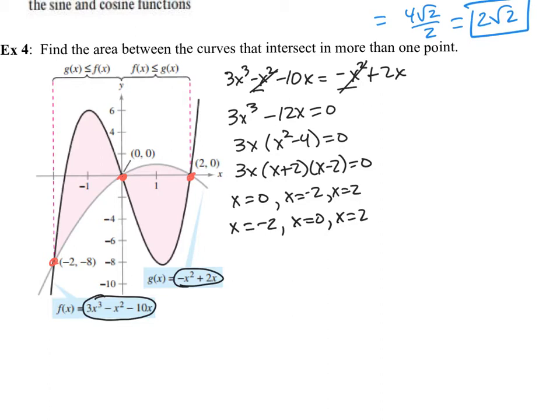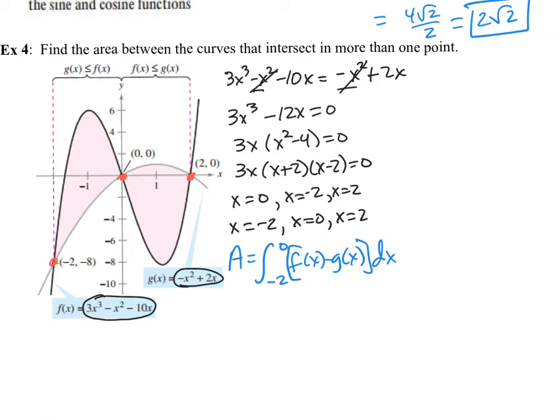So I'm just going to go ahead and write this symbolically first. To find our area, we're going to start by taking the integral from negative 2 to 0. So from negative 2 to 0, upper function is f of x, lower function is g of x. So that's going to be f of x minus g of x